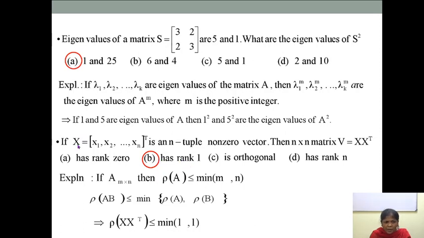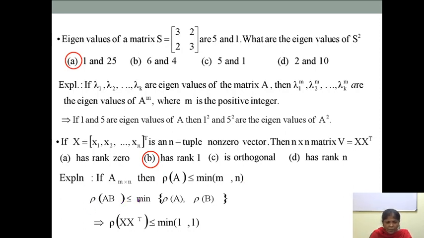The order of the matrix x is n cross 1, whereas x transpose will be 1 cross n. So here we will use the property of rank. You will find these properties in my video lecture on rank of matrices. Again, you will find it in the description box, right? So we have the property that if A is an m cross n matrix, of order m by n, then the rank of A is less than or equal to the minimum of m and n, right?